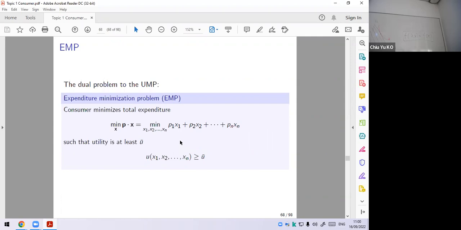So if I do a monotone transformation on this thing, it doesn't affect our conclusion, because this is going to solve it for every single U bar bundle, every single minimum utility level. I'm not sure I answered your question, but